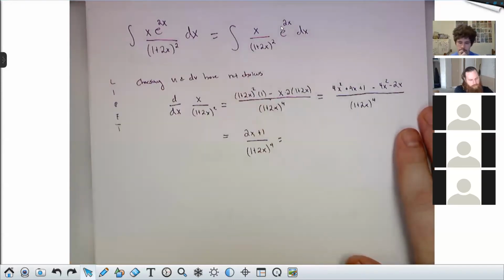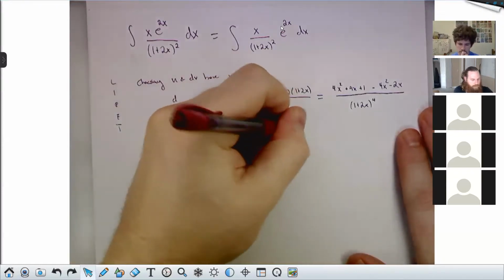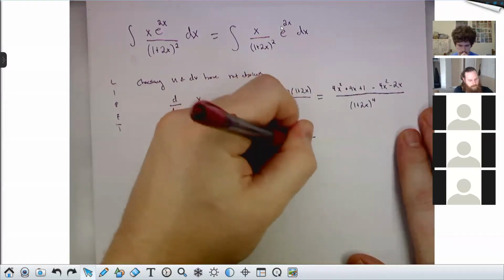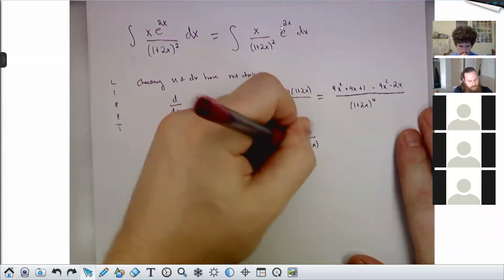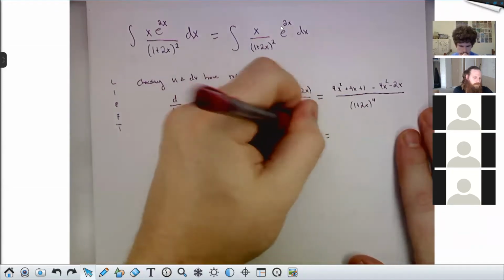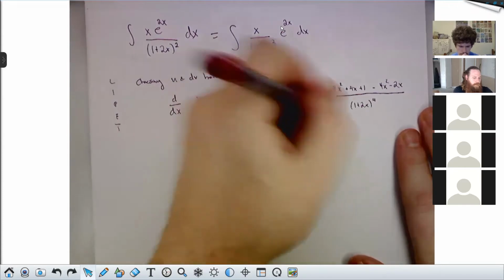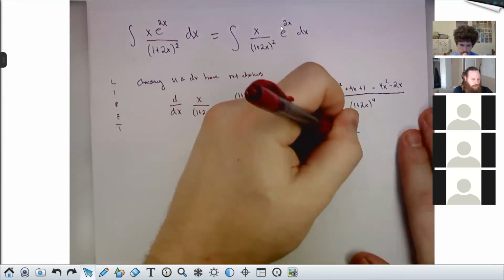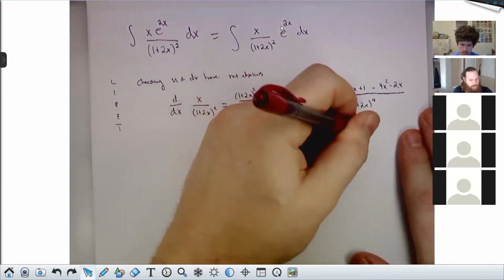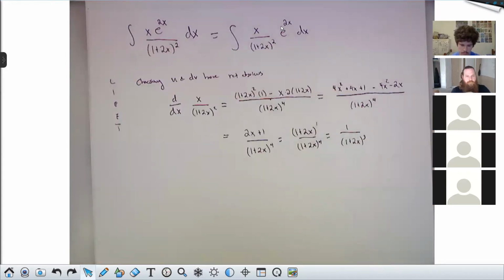And 2x plus 1 is the same as 1 plus 2x. So I can cancel those. The top is 1 plus 2x to the 1. So this would be 1 over 1 plus 2x all cubed. So the derivative of this thing is not too bad, actually. The antiderivative